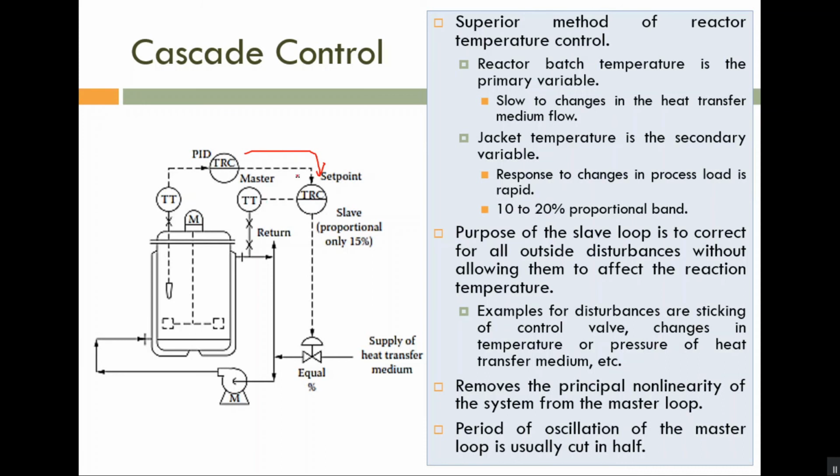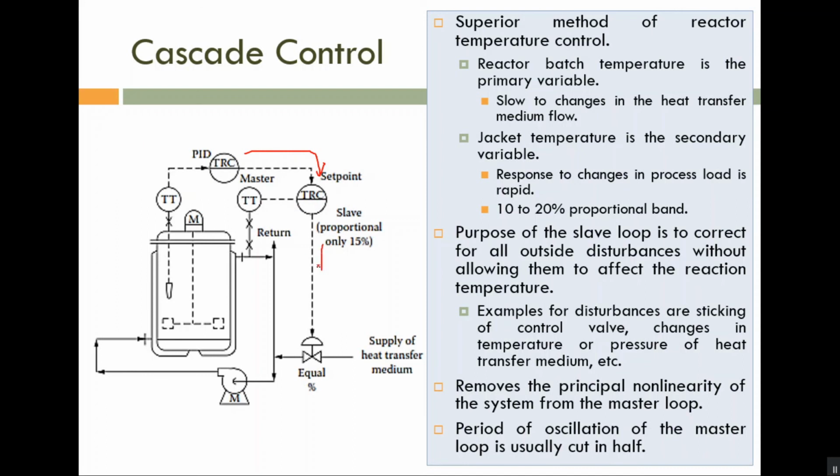If it is equal, then there is no need to modify the position. If these two are equal, it means the primary controller has given a control output and this jacket is carrying exactly the required temperature. That is an indication that there is no need to modify this position. It will be 50%. If not, if the jacket is carrying a temperature that is not equal to the required value, the control output, then we have to modify the control output. That is done by this slave controller.